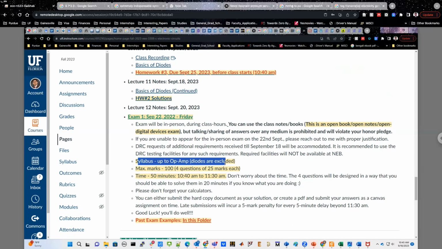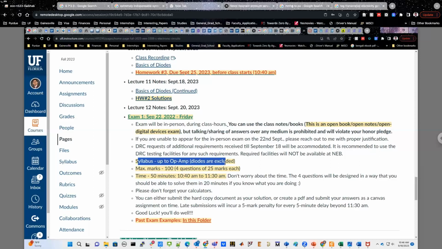Of course, we also have homework 3, which deals with these frequency responses. It's kind of like homework number 2. Homework number 2 was to find the loop gain and the overall closed loop gain from the analysis that we have learned in class. Homework number 3 is an extension of that, which takes into account the frequency response of the op-amp as well. In Wednesday's lecture, we're going to look into problems similar to homework number 3 and try to solve those questions. Even though homework number 3 will be due next Monday,